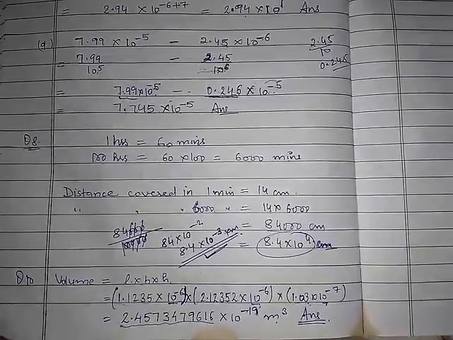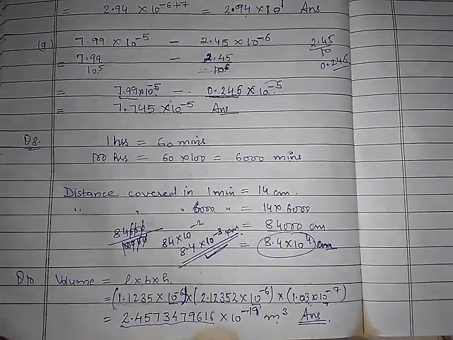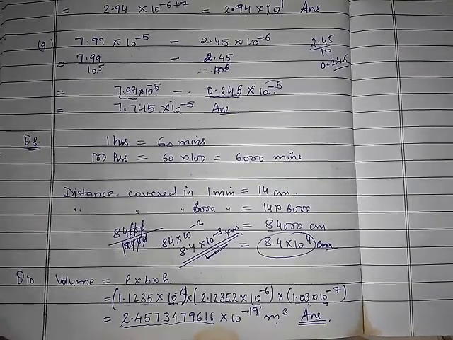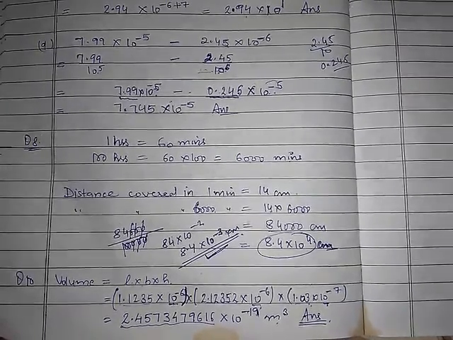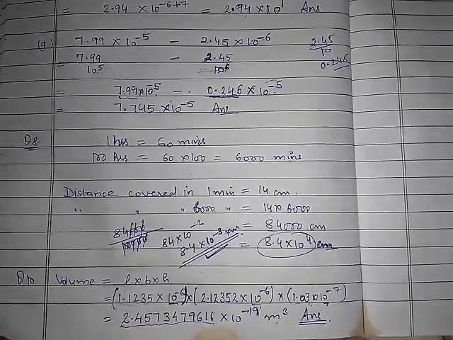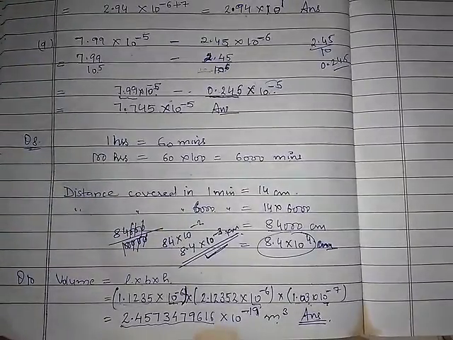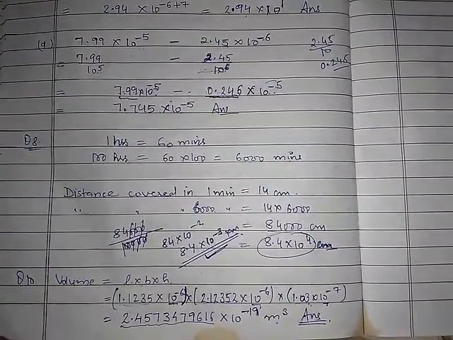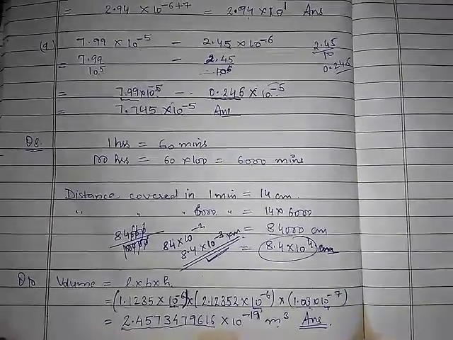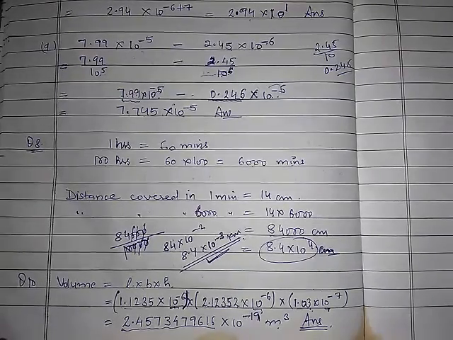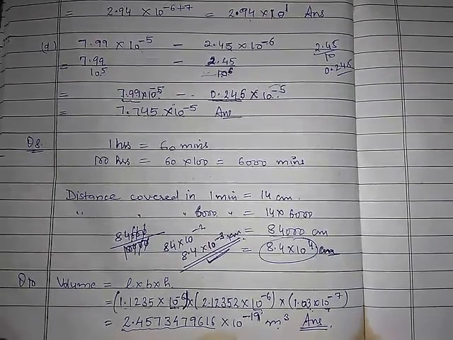Clear? So for this question, you must know the formula for volume of cuboid, because a SIM card is in the form of a cuboid only. The length, breadth, and height are very small, so we are not able to judge its height. But still, it is a cuboid, and its volume will be equal to L into B into H. Right. So this is all about your processing number 2, and I hope you have understood it properly. Go through the video one or two times, then try to solve it in your notebooks. In case of doubt, you may ask for help, right?